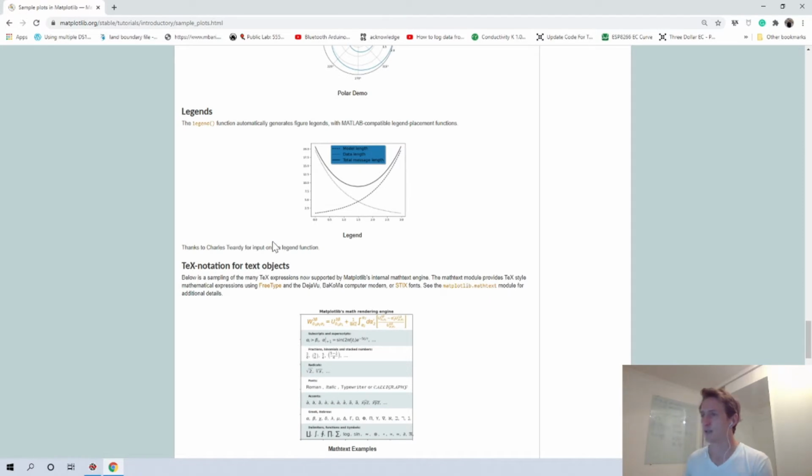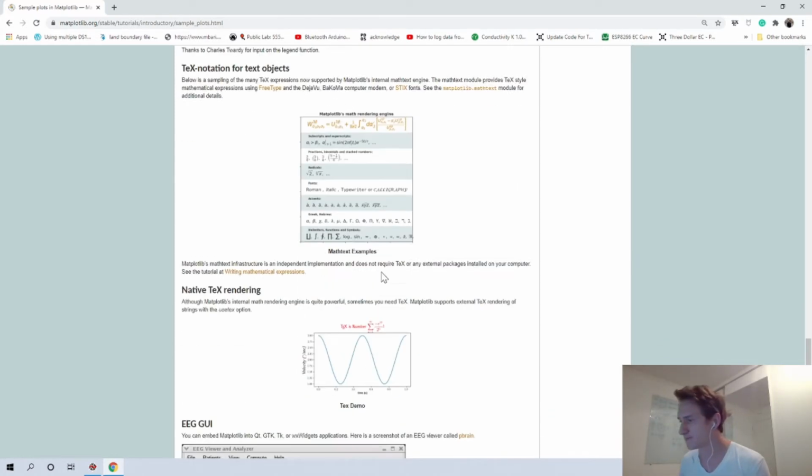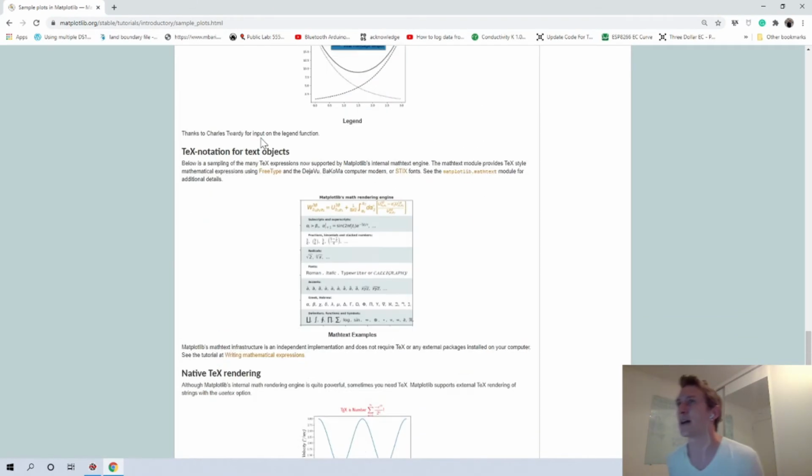If you work with LaTeX, you can also include equations in TeX notation. That's also a really good thing to do. If you have an equation, you can include that in the graph background. So there are a lot of things that you can do with Matplotlib.